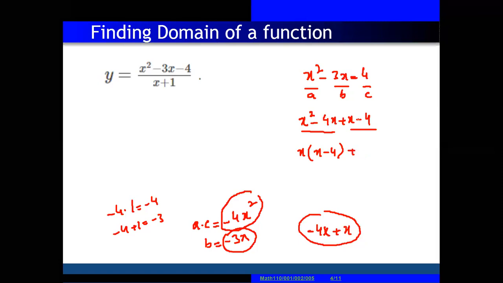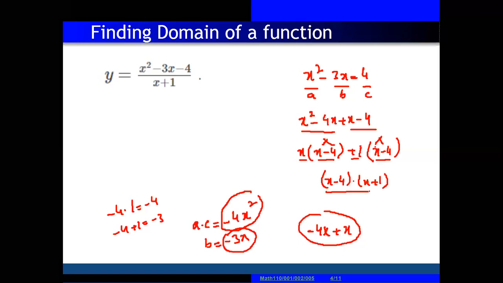Now in the second pair, x minus 4, we don't have a common factor. When we don't have a common, we take 1 as common. So we take 1 common and we have x minus 4. Again, 1 with x is x, 1 with 4 is the same 4. Now again, x minus 4 is common in these two. We take x minus 4 common, remaining x with plus 1. So x plus 1.